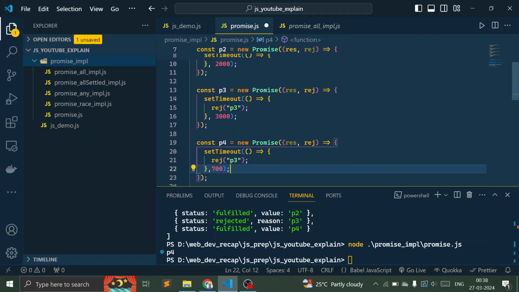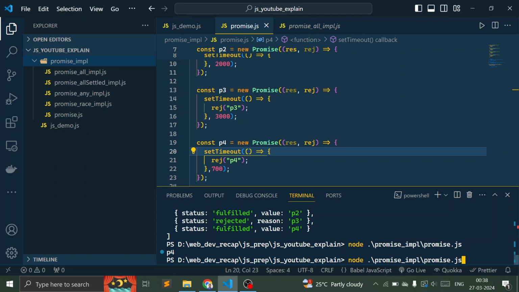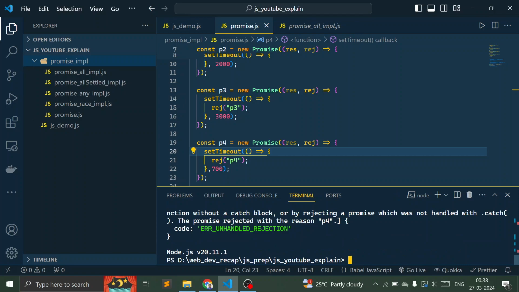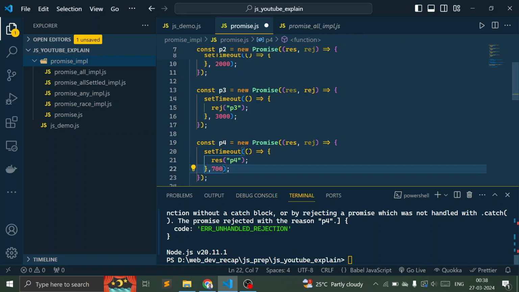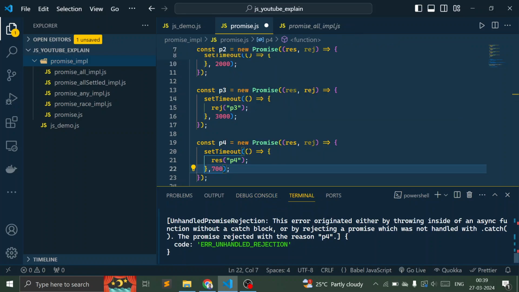So in this also, you will see that it will be coming after a bit of delay, but it will still be the first. So here P4 came right away because it resolved right away, but here it will resolve after 700 milliseconds, which is still the fastest. Can you see after some time? Okay, rejected. I'm really sorry. It should be resolved. Okay, so this actually tells us if it is rejected also,